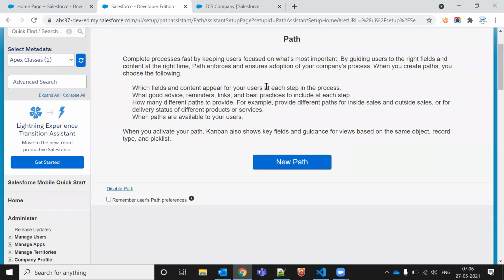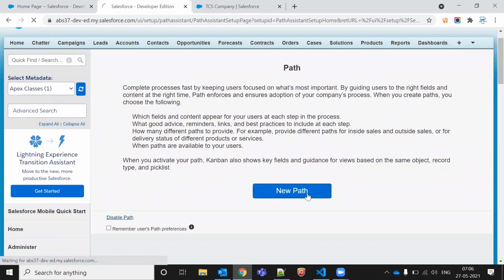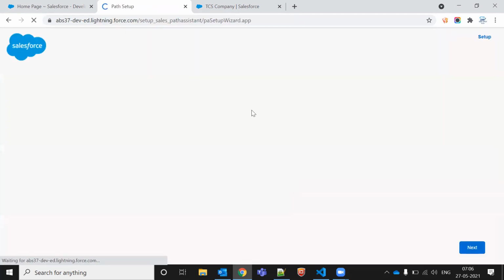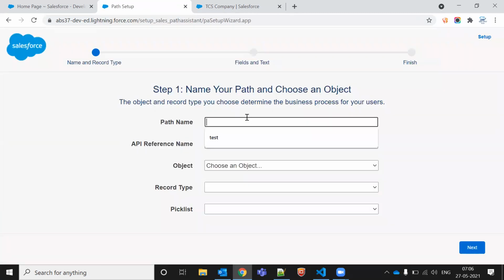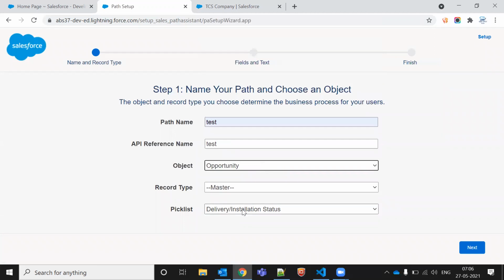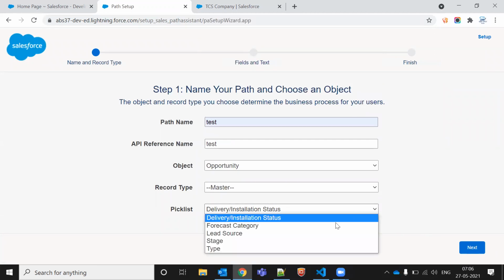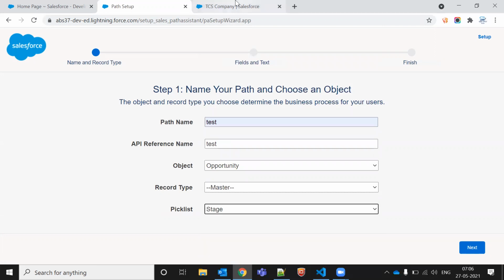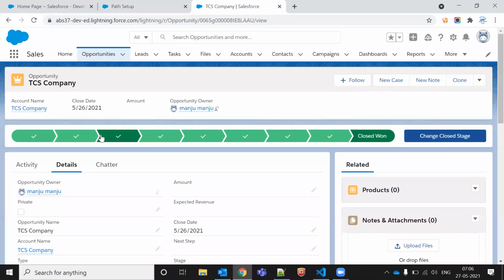That is path settings actually. The main one is path settings. We are clicking on new path. Let's say I'm writing anything here. I'm choosing the object as opportunity. Opportunity has a stage, this is my stage.